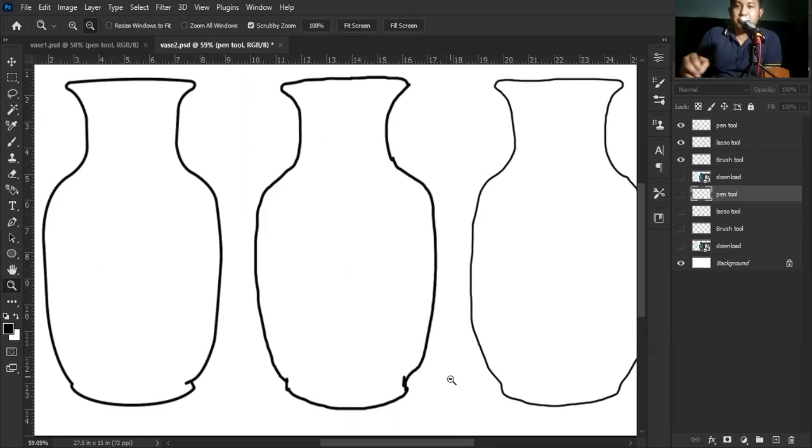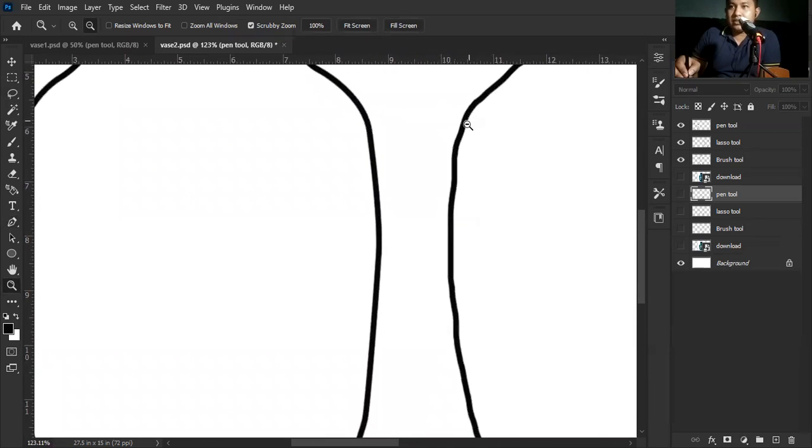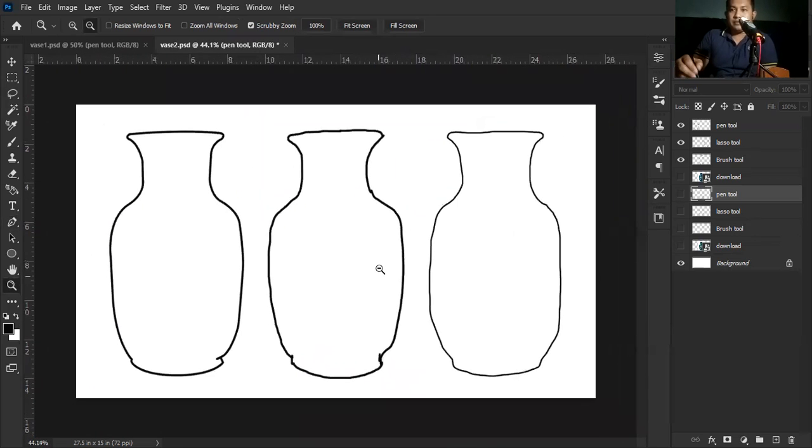And the most refined one is, as you can see, there's some curves here, but here almost none. All you have to do with the pen tool is make sure that the curves and the straight lines match the image that you're tracing.